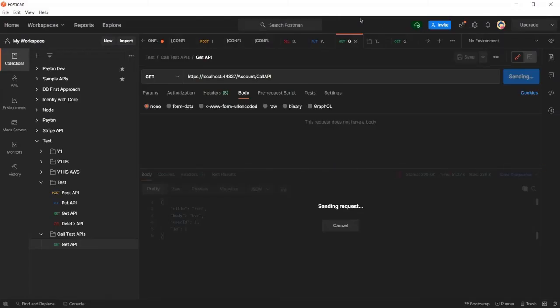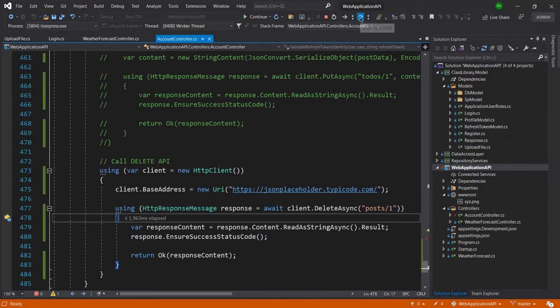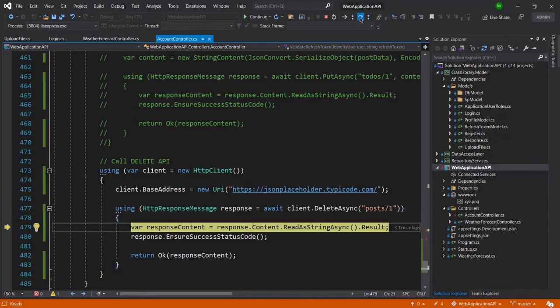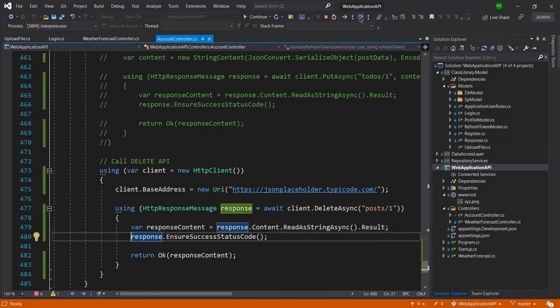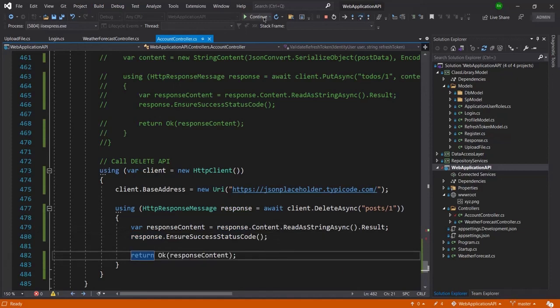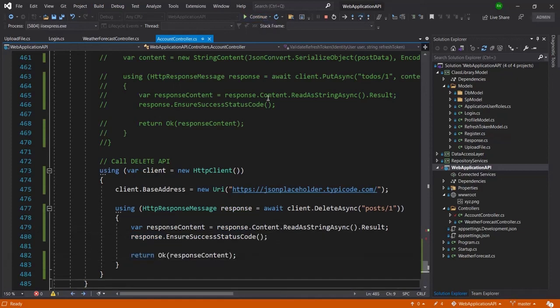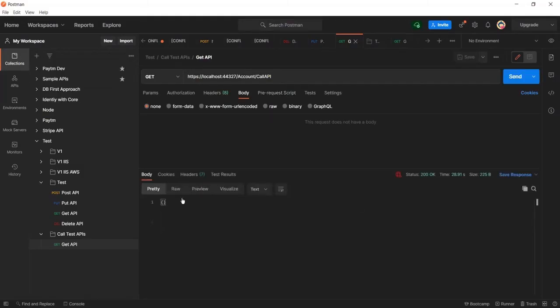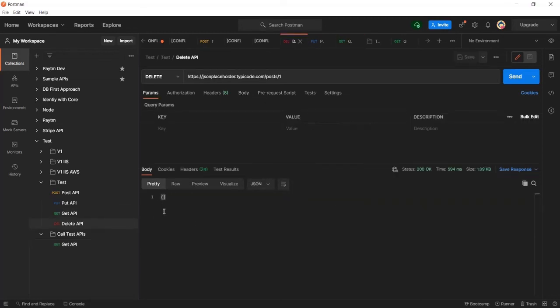I will navigate to the next line, and here everything is okay, and I will click on continue, and you can see I have got the same response what I am getting from this delete API.